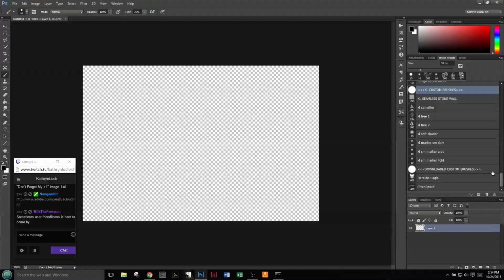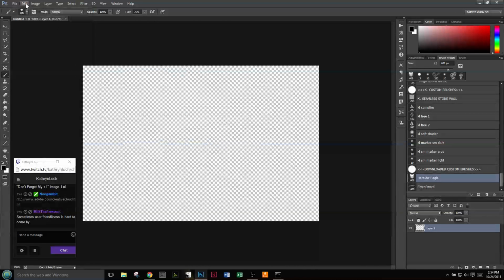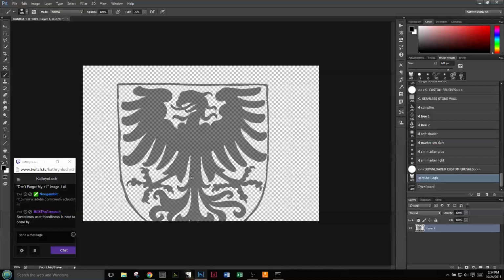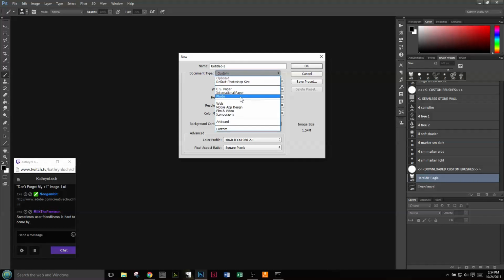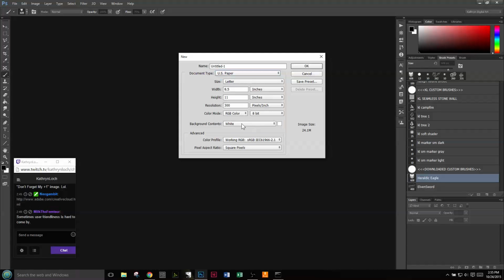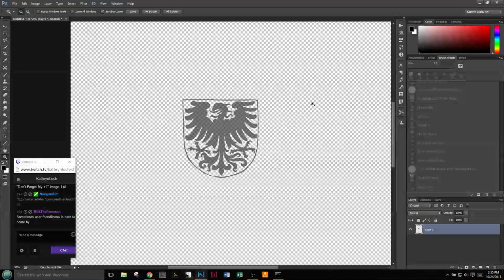The first and easiest way to create a brush, you can see here I've got this heraldic eagle. Let me go ahead and do a new one. What this was is if you open up a graphic,